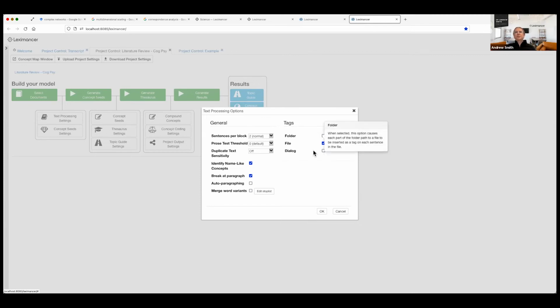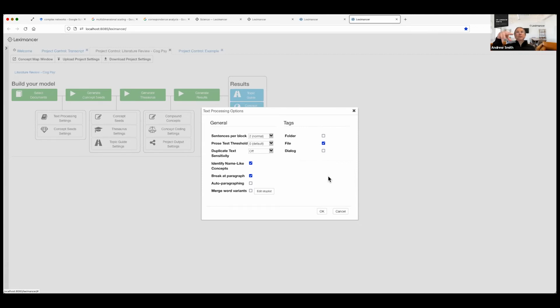Metadata is data about data. What file was the sentence in? What folder was the sentence in the hierarchy? And you can put your data into a folder hierarchy with Leximancer. So you could group these publications. I could have grouped them into folders by year or by decade. I could have grouped them into folders by major researcher.